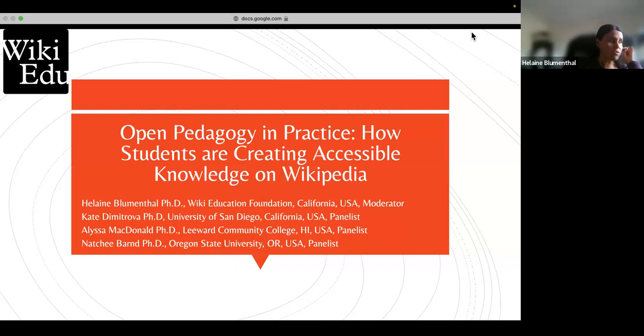So we're going to structure today's session as a bit of a roundtable. We thought that would be a little bit more interesting than just talking at you guys for the next 15 minutes. And this will give an opportunity for us to dialogue with one another, and hopefully create a more interesting and robust environment for everybody here to learn about the Wikipedia assignment. So very briefly before we start the session, I just want to tell you what exactly we're going to be talking about today.